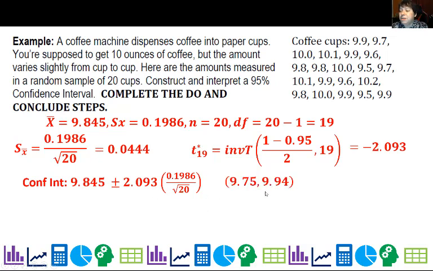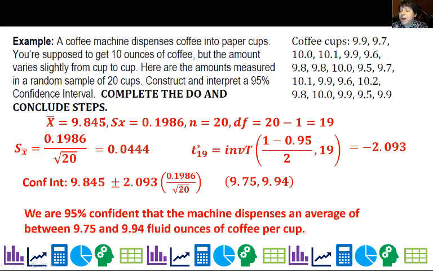Which gives me this interval right here. We are 95% confident that the machine dispenses an average of between 9.75 and 9.94 fluid ounces per cup. You could argue because this interval doesn't have 10 ounces in it, they're shorting them a little bit. All right,